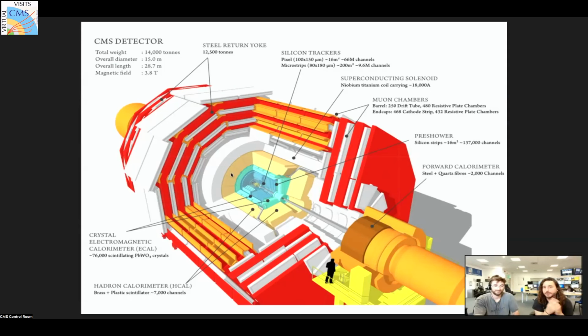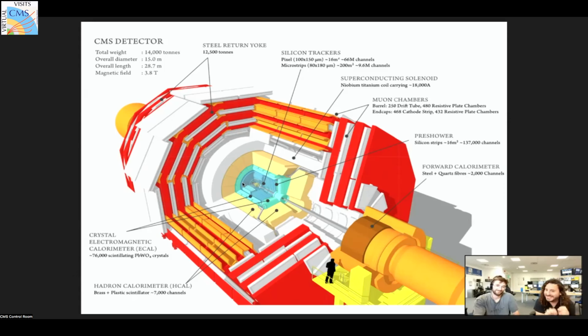Again, we can discuss the magnet in more detail in a bit, but just moving in, then we have the calorimeters. We have two types of calorimeters. We have the hadronic calorimeter that helps us detect particles that are made of quarks, just like protons and neutrons, but there are many other types of particles that are made up of quarks. And then moving in even closer, we have the electromagnetic calorimeter. There we detect particles such as electrons or anti-electrons, and also photons. Photons will interact with the material, and we can also detect them.